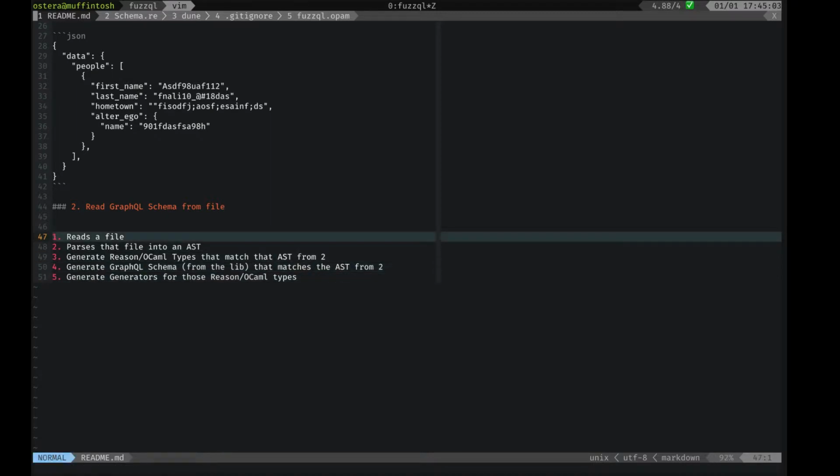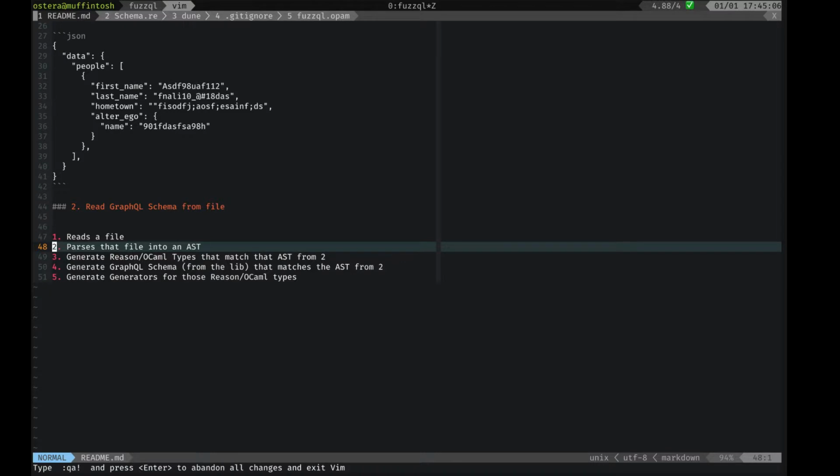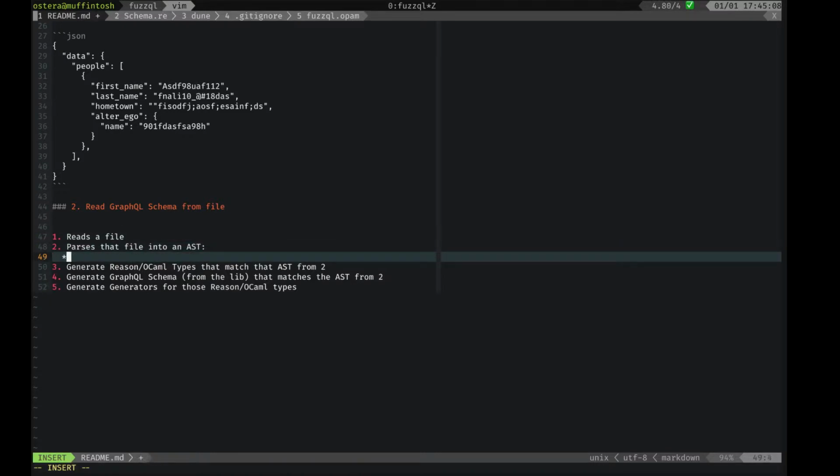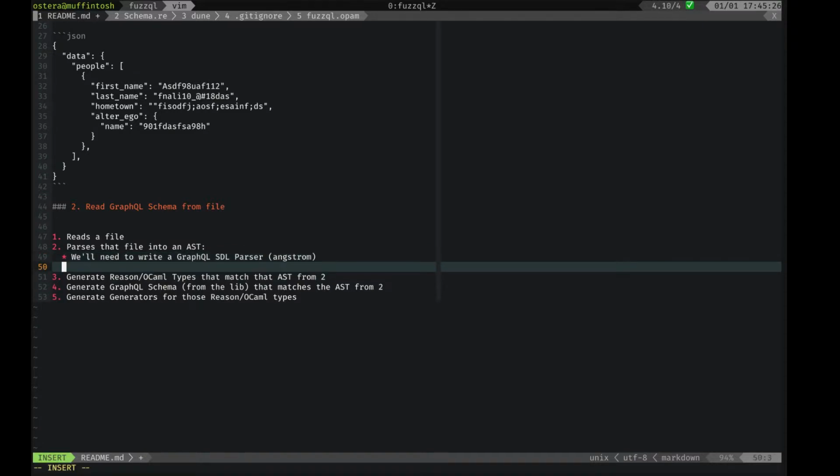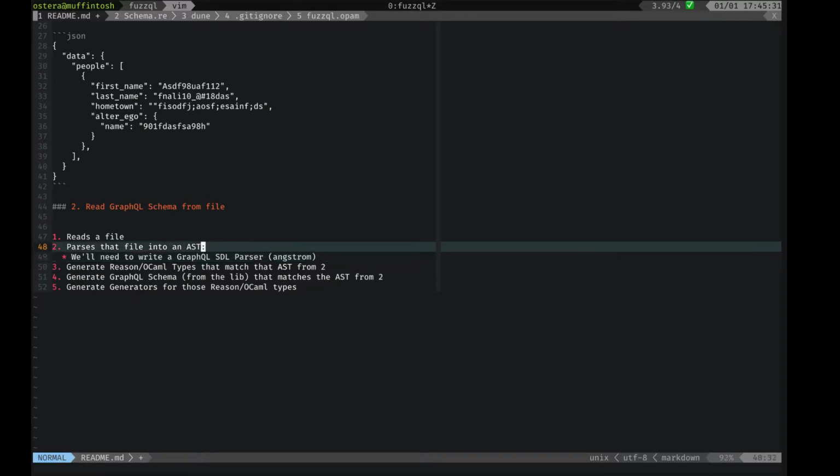This part is trivial. Parsing that file into an AST will require, let's say, we'll need to write a GraphQL schema definition language parser, hopefully with Angstrom. And then once we have that, we'll be able to parse the schema into an AST, into a data structure we can work with, and then